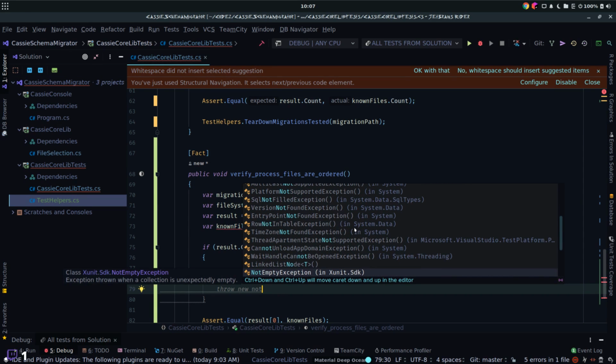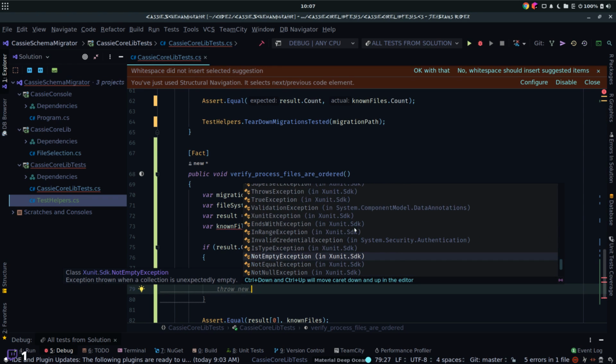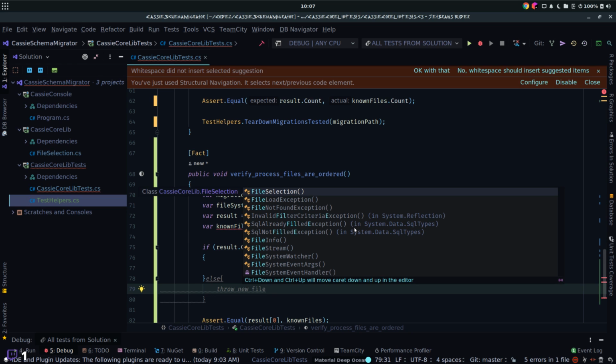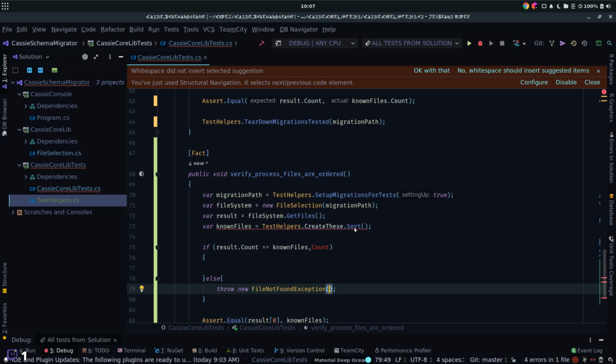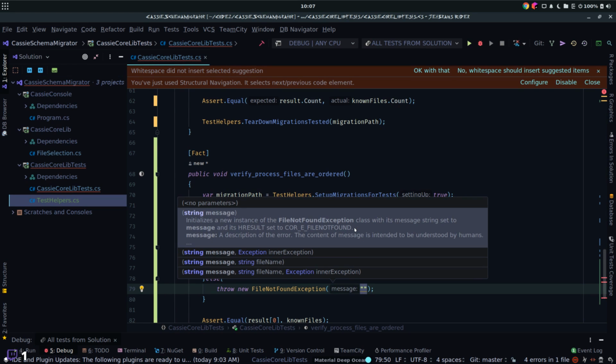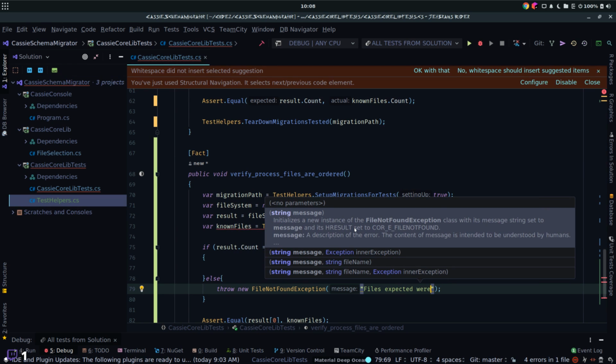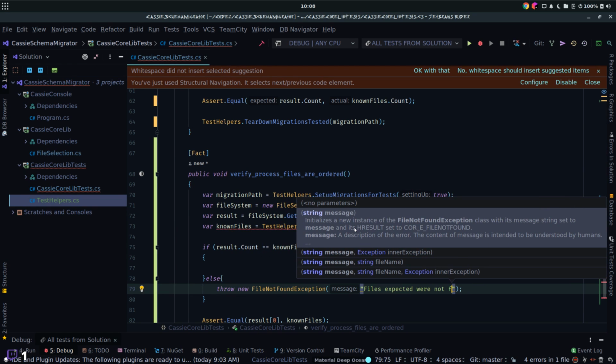What do we got here? Road, it is file something, throw new file not found exception. Sure, let's do that, and then say files expected were not found,